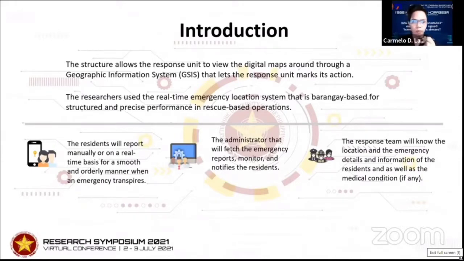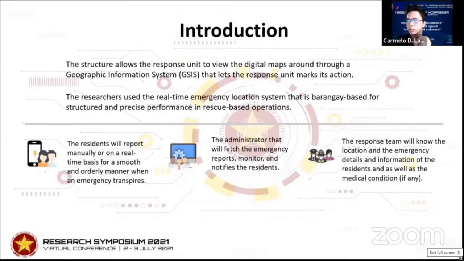The residents will report manually or on a real-time basis for a smooth and orderly manner when an emergency transpires. The administrator will fetch the emergency reports, monitor, and notify the residents. The response team will know the location and the emergency details and information of the residents, as well as the medical condition.